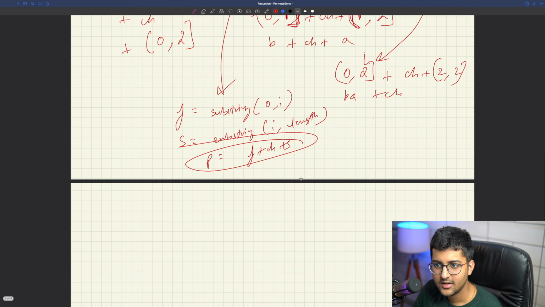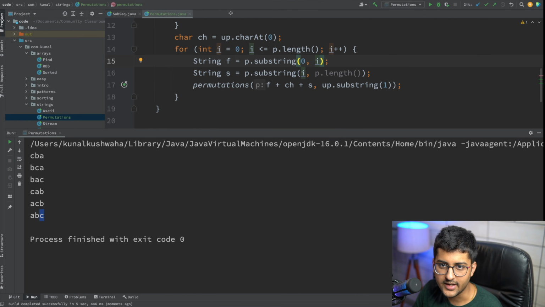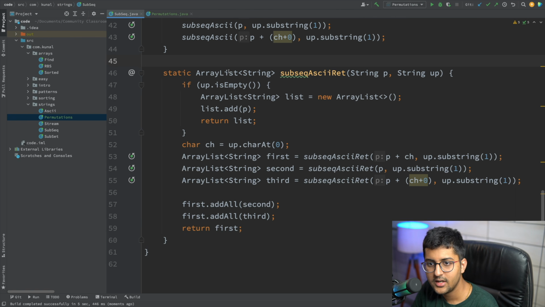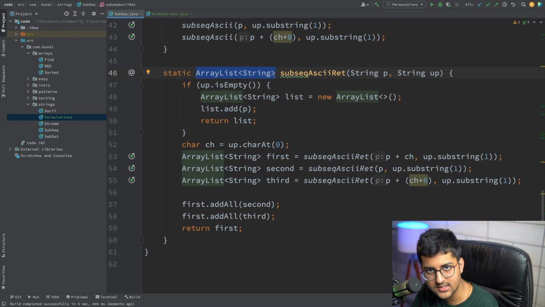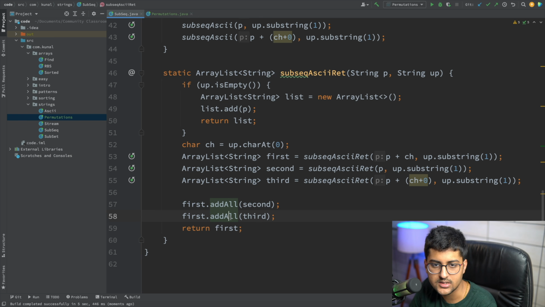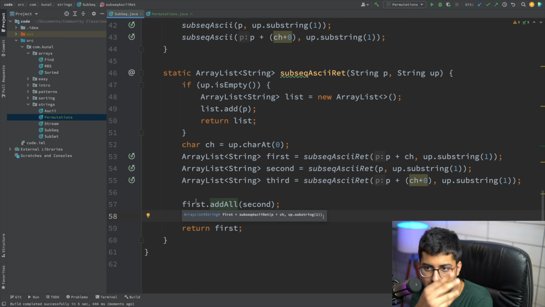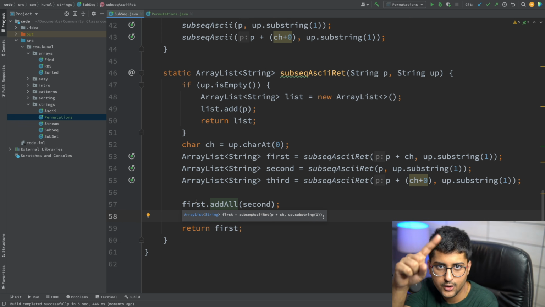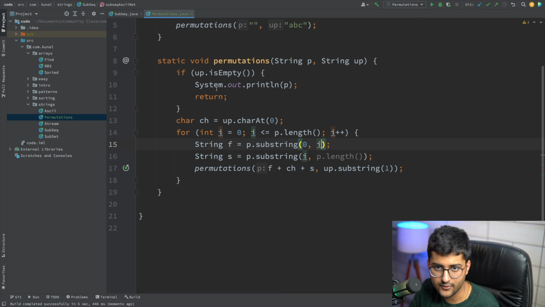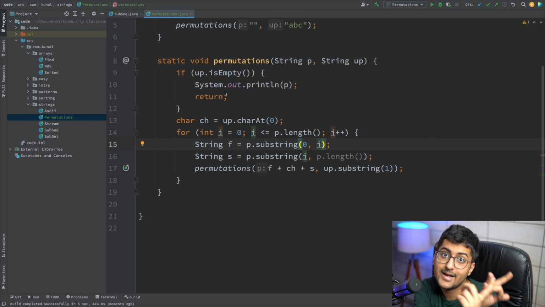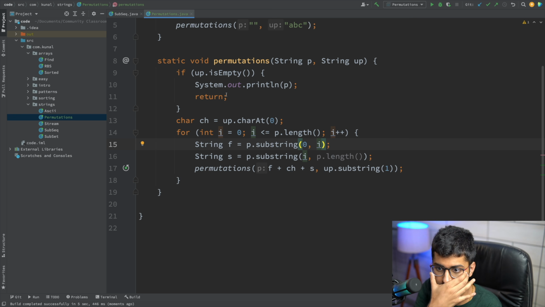Sound good? Now similarly, if I need to return an array list, I already explained in the previous lecture how this works internally. So you don't need to pass it over here. You will just pass it and do an add all. I've explained actually four times how this add all works and how it goes behind. That story I told you in previous videos, like, hey, you are going up, please take me also. That is what this add all does. I will not explain this again. I've explained it in detail in the arrays recursion video. So please watch that. It will really help you.